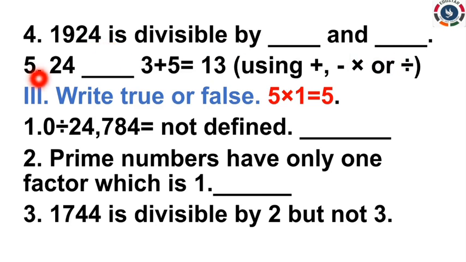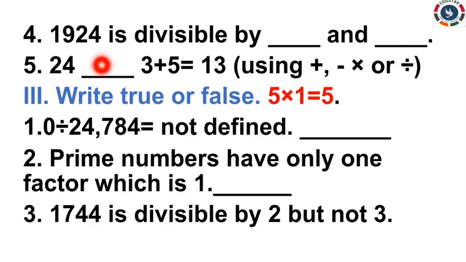Then fifth one, 24 dash 3 plus 5 equals 13, using plus, minus, into or divide. Here we need the answer 13. So which symbol can you use here exactly? For 24, if you use plus, the value is increasing, then the answer